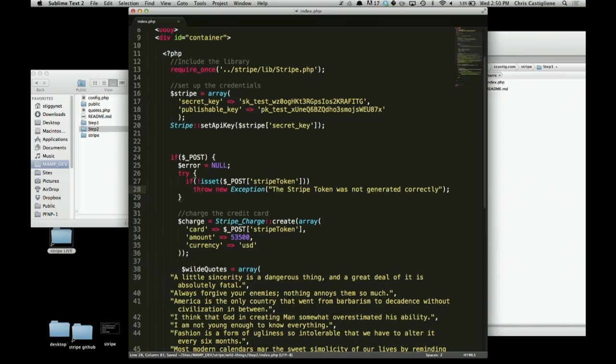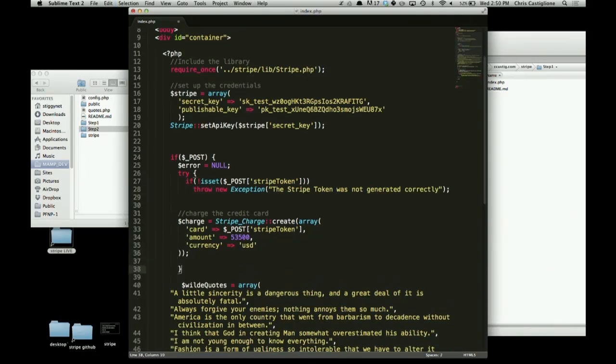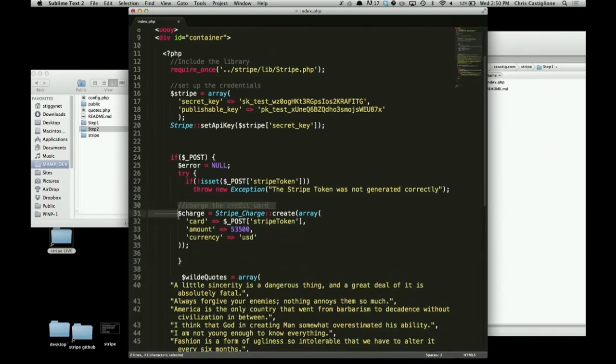That looks pretty good, right? And in the try, we want to move our charge code in there. So this is now all part of that try, right? So we're essentially saying, hey, try this out. If we haven't set the token, so if it's the first time, if you haven't set the token, we can either throw this exception or we could charge the card, right? So we're just kind of going through that drill of charging the card. But